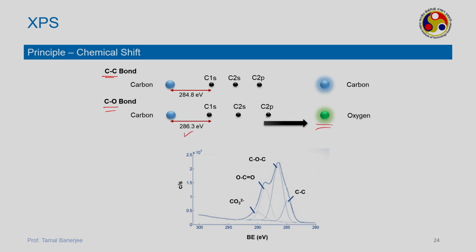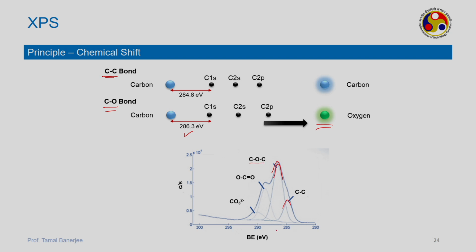So, you see now this C2P will be CO, this CC, because this CC bond and CO bond will be different. So, if you see the counts here of the different bonds, the CC bond will have the lowest binding energy. And this COC bond here